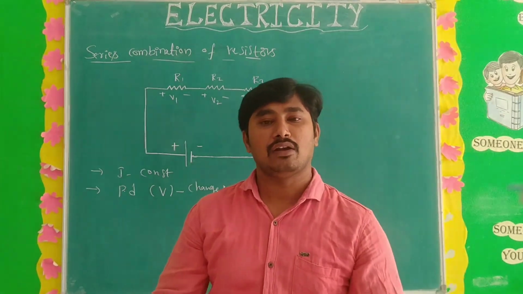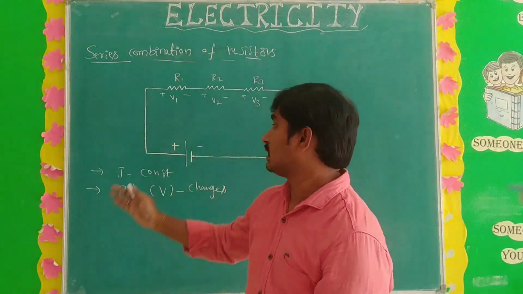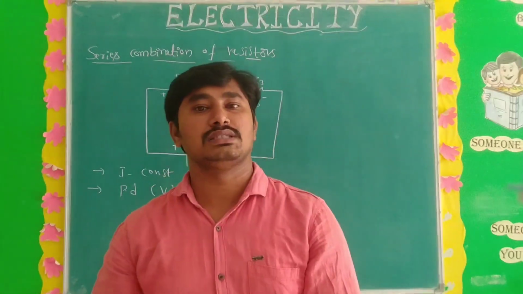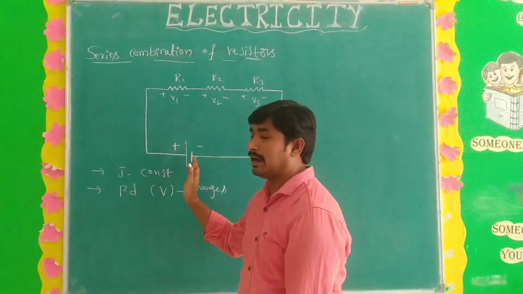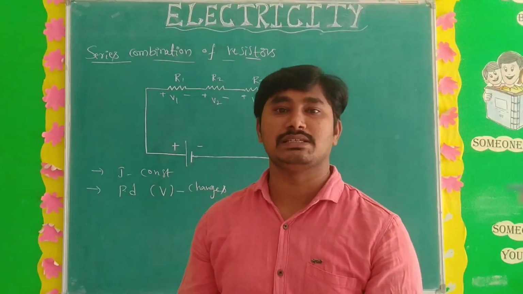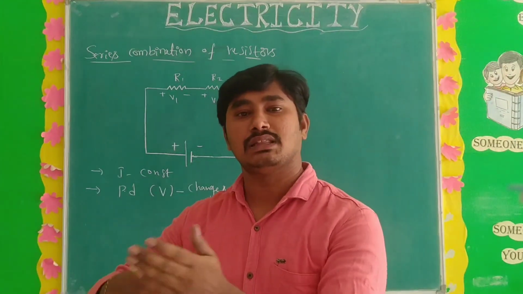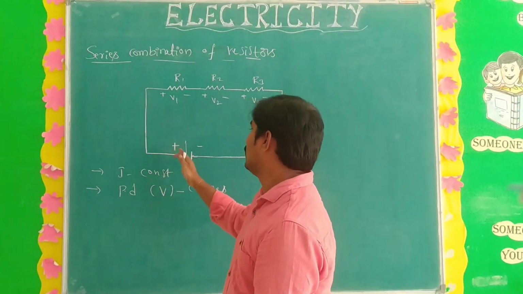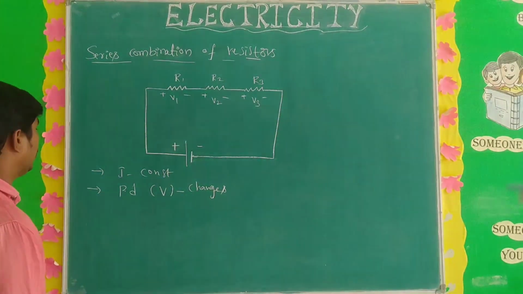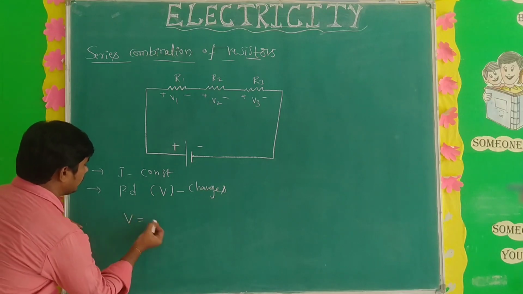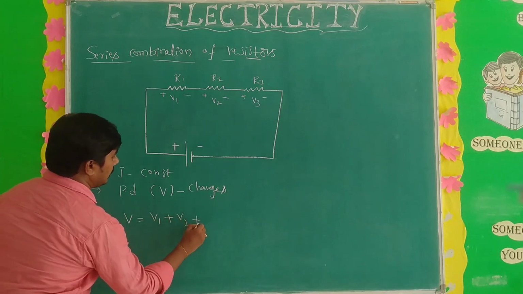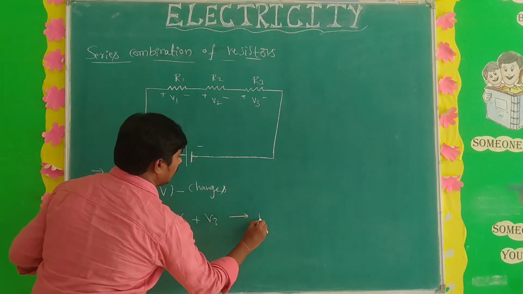But you have to count the total. Means you should take V1, V2, V3. The sum of all the individual potential differences is equal to the total voltage of the battery. So when you count, the total voltage is V. Means V is equal to V1 plus V2 plus V3. Means the total potential difference is equal to the battery voltage. Understand? That's how to take the total voltage: total voltage V is equal to the sum of the individual voltages, V1 plus V2 plus V3. So you should take this as equation 1.